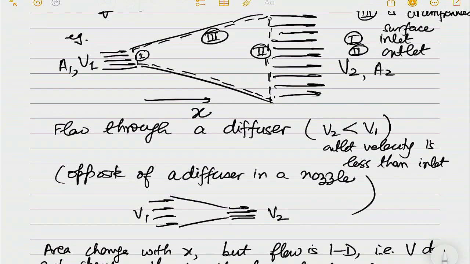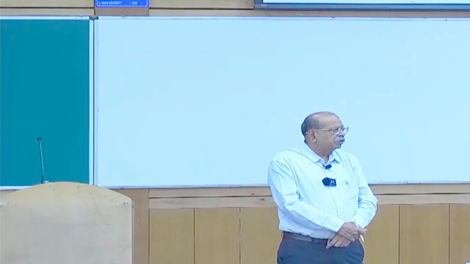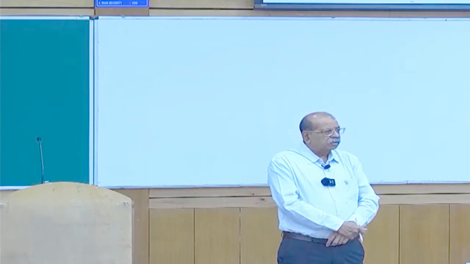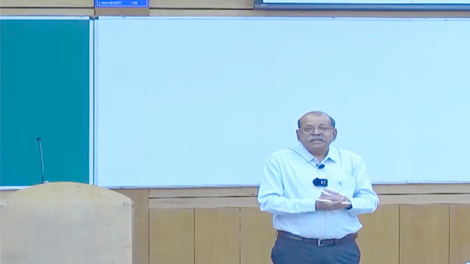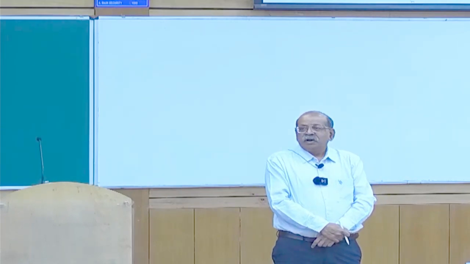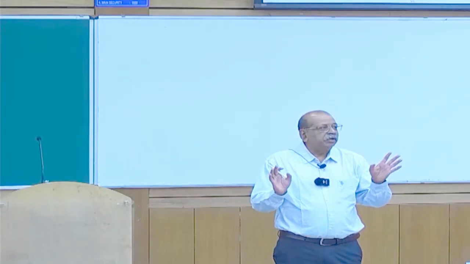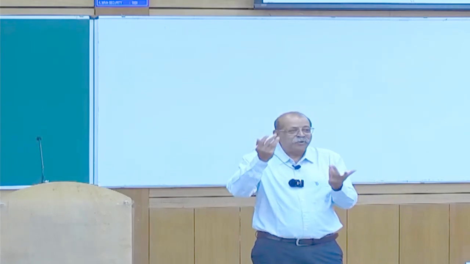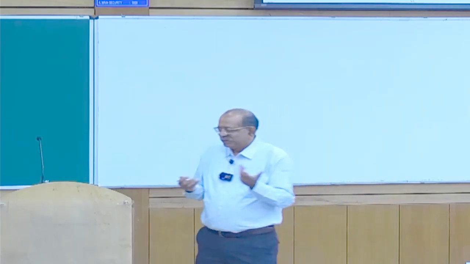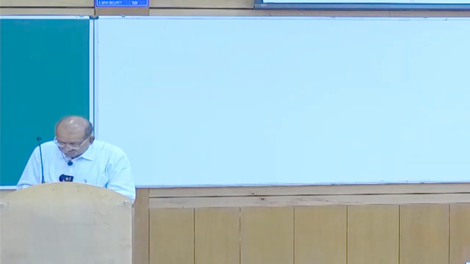Will rho V dot dA on surface 1 be positive or negative? How many say negative? How many say positive? A lot of people have no opinion. Only 5 people raised hands. Now here